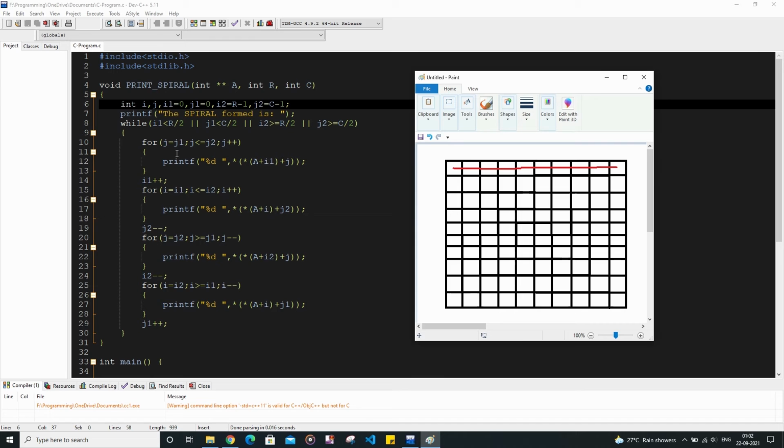After printing this entire row, we are going to increment the i1 value. For printing this column, we are going to make use of this for loop here. After printing this column, we are going to decrement the value of j2.